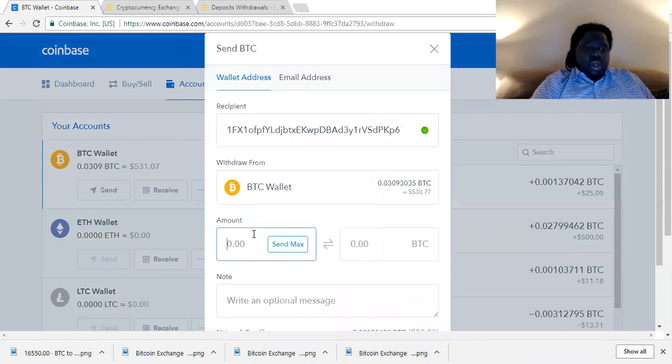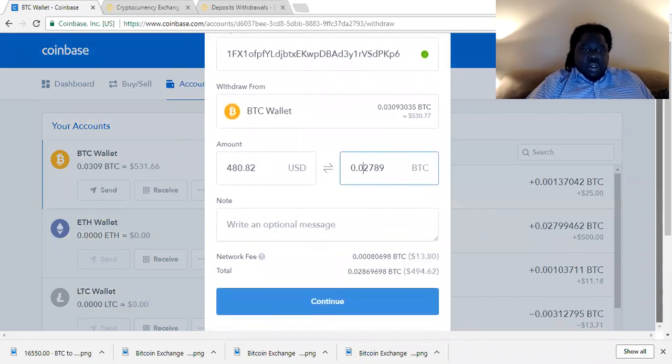And so when I purchased it, it ended up being $480 and 82 cents. And so I'm going to transfer that exact amount that we purchased